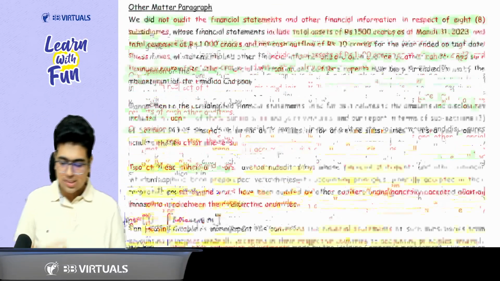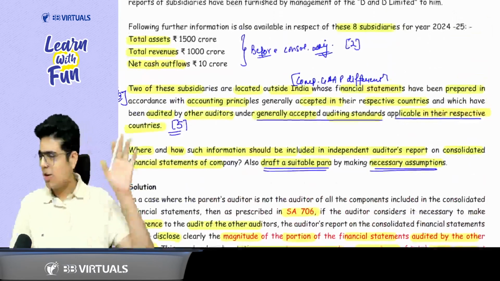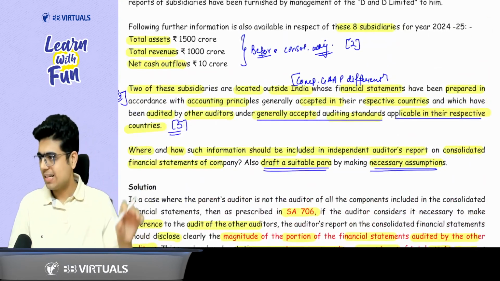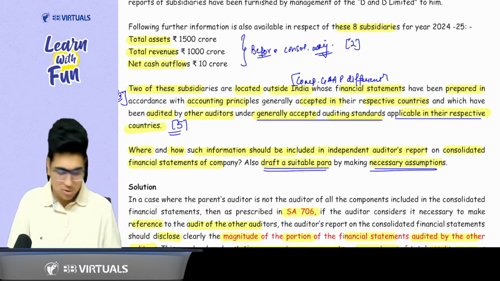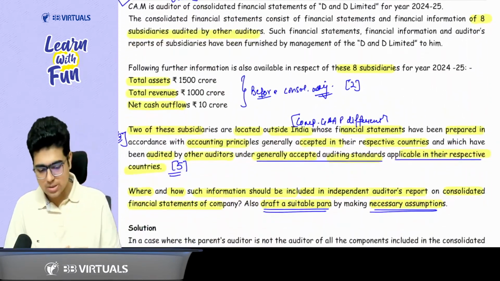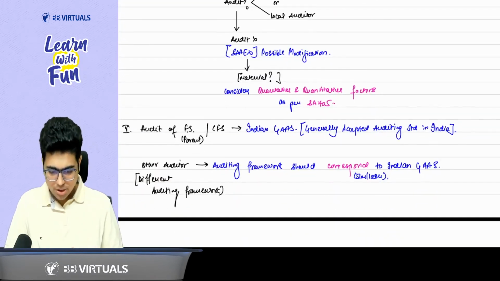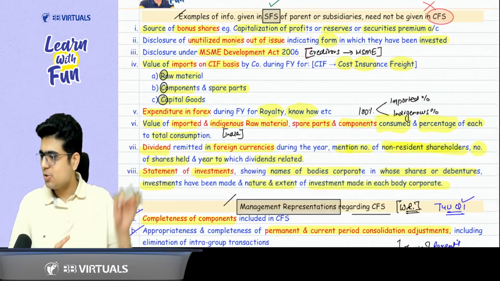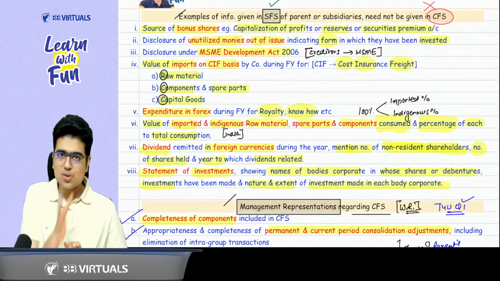So I hope this question is clear. The third part of the case, that the auditing standard is different, they have not covered as part of the answer, so you can also ignore it. So this was a good question. I hope you liked it. Now, sir, after this, come back to your notes. Last 2 topics to go. Take 2 sips of water.